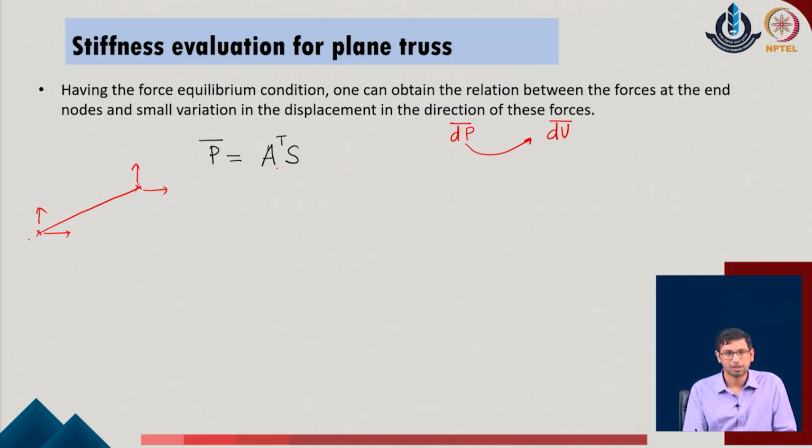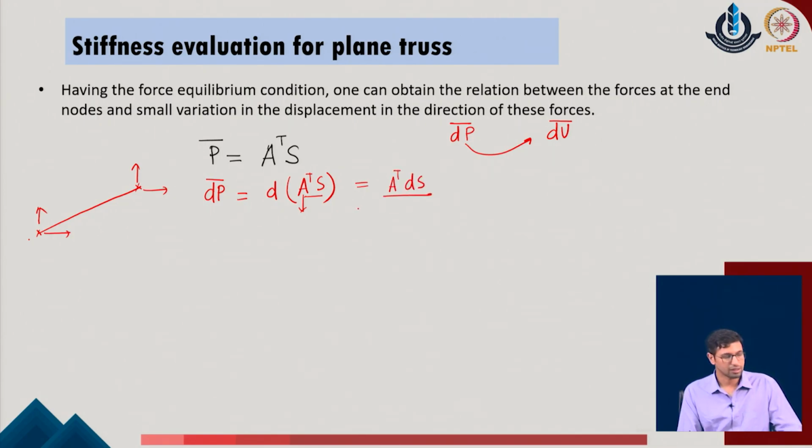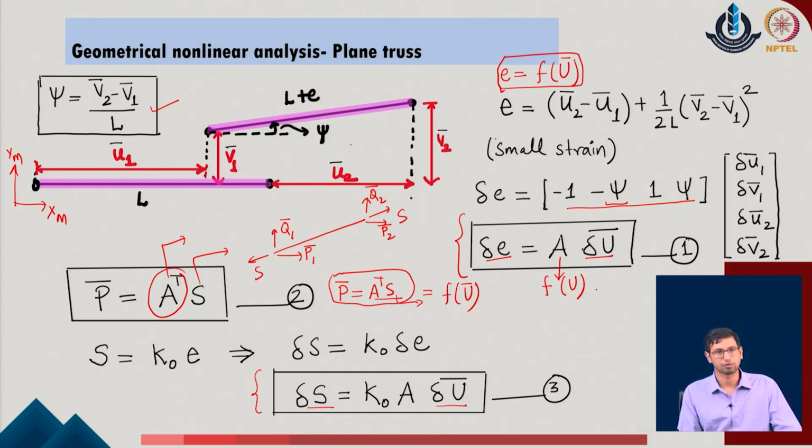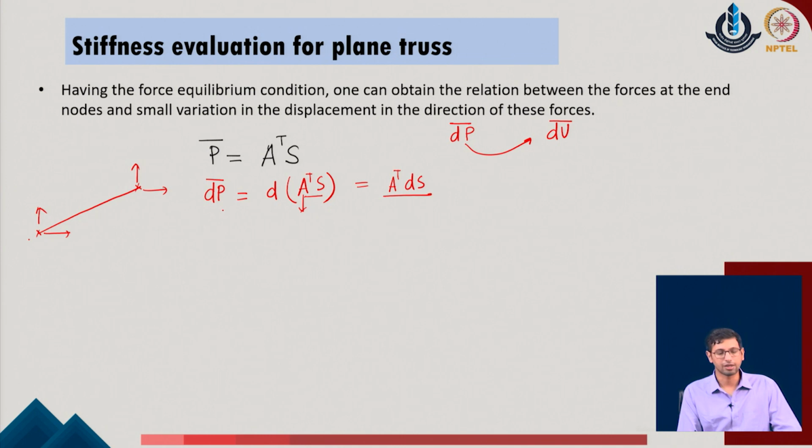So, as we have this equation identified, we write it further as dP bar can be written as the small change in terms of the expression A transpose S. Now, if we are going with the small changes with respect to A transpose S, if A transpose is a constant value, the expression will simply move to d of S like this. But A itself is a function of the displacement of the given system, and all these derivatives are with respect to the displacement of the given system. So, we understand that this can be written as dA transpose S in the given problem.